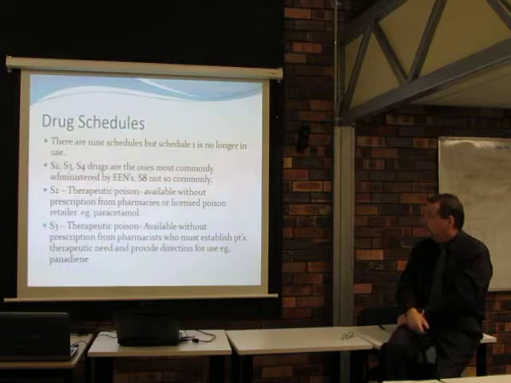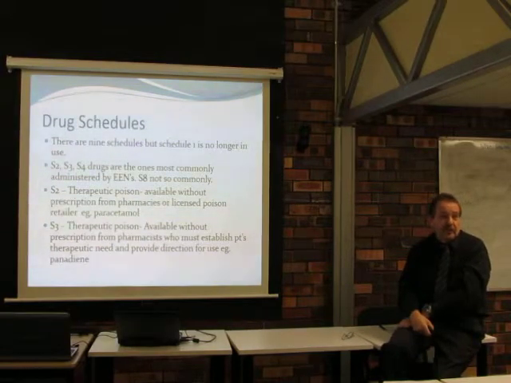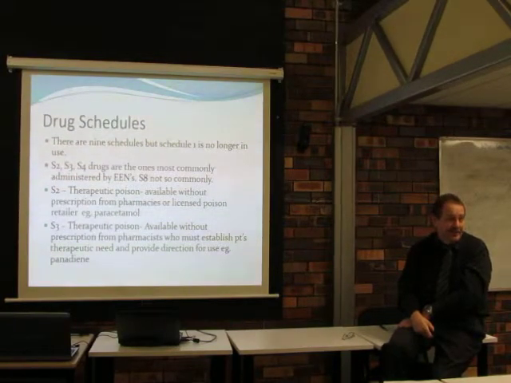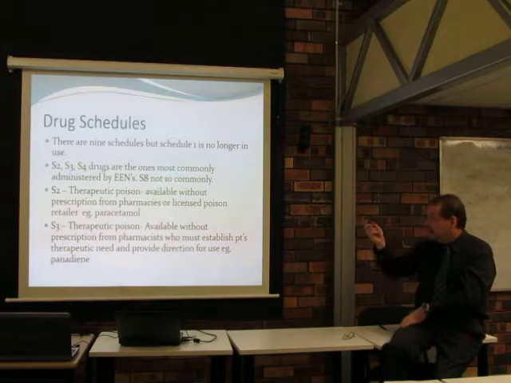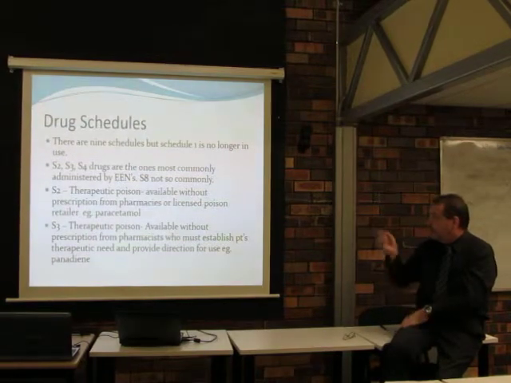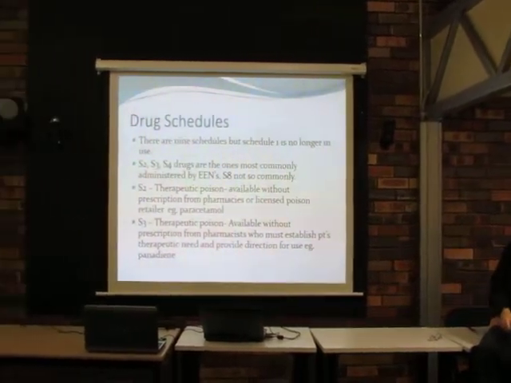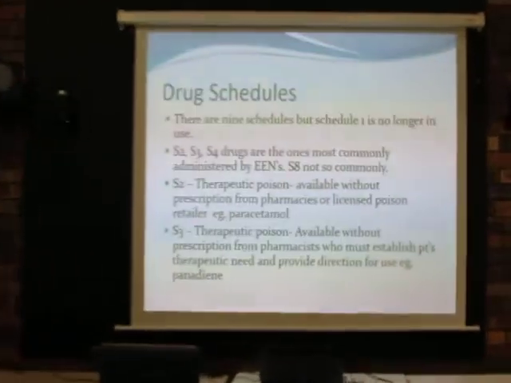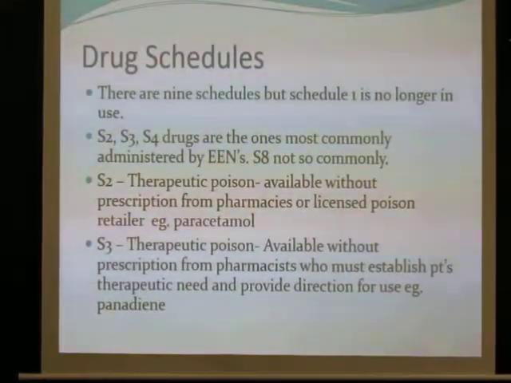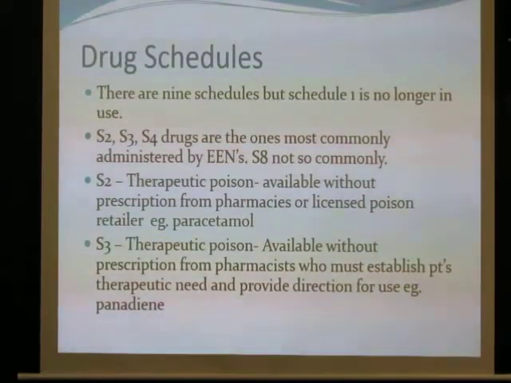Drug schedules. There are 9 schedules, one's gone, so it starts at S2 now. S2, S3 and S4 are the ones most commonly administered by enrolled nurses. S8 not so commonly, but they are sometimes. S2 are the therapeutic poisons. They're available without prescription from pharmacies